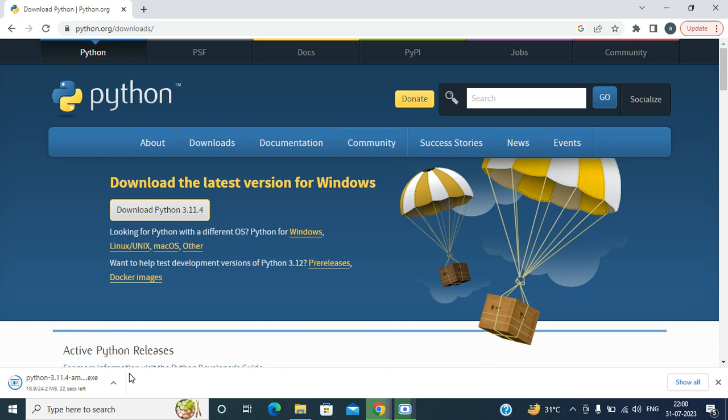Once you download this one, let's see how we are going to install it, and then we can see them one by one. Once you know how to download and install it, we can go on to how to develop scripts using Python. I think it's downloaded now. Let me